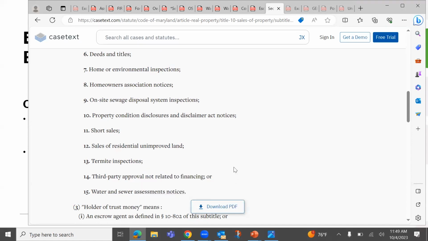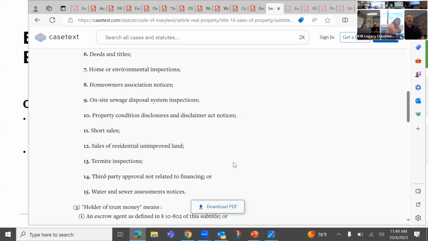Why did they carve out financing? Financing is not included in this list, you guys. If it terminates due to financing, the old method is still there, right? We need mutual consent. You do not get to take advantage of the magical expedited process, okay? This is something that in all the training materials, nobody mentions: the carve out that it doesn't apply to financing.